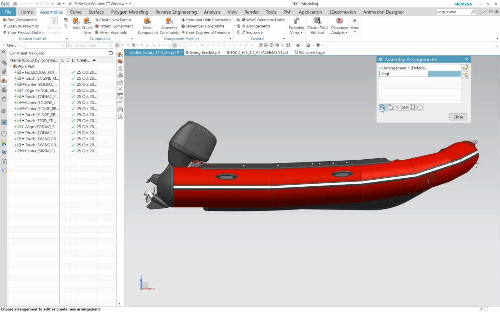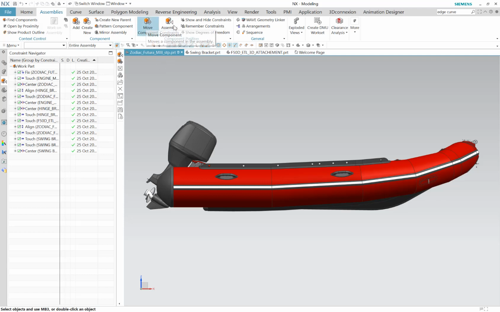We'll call this one Engine Up. We'll make another one called Engine Down. And to start with, we'll double click on Engine Down and then close. The next thing I'm going to do is take this engine and just move it. So I'll click on my assembly constraints,